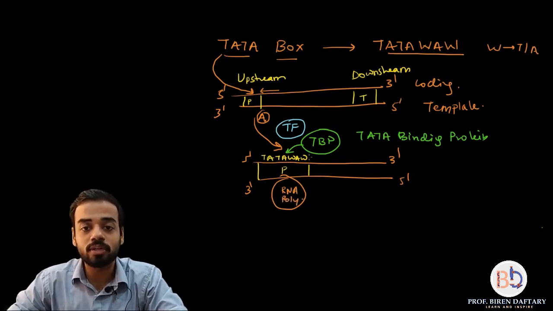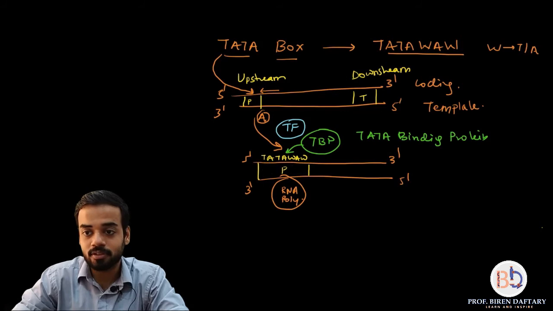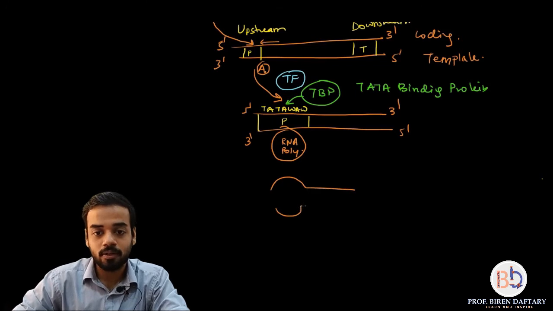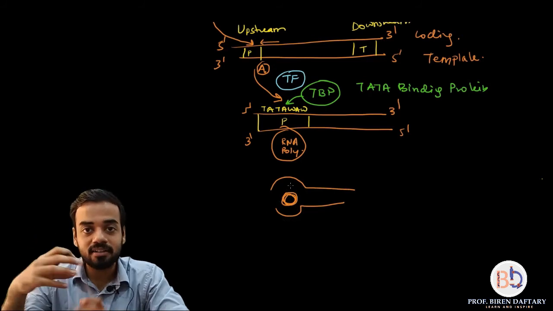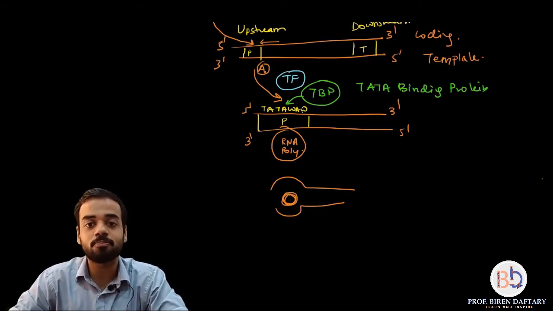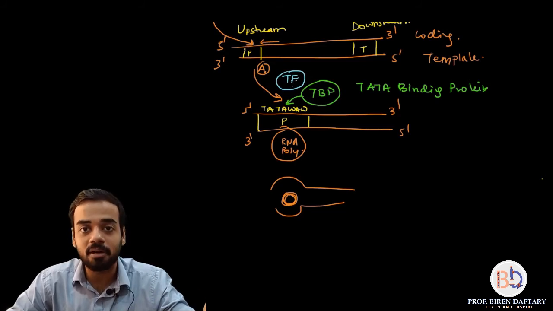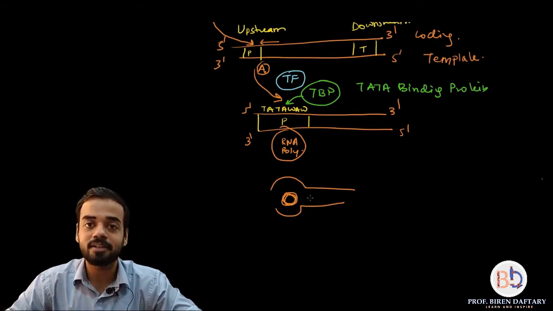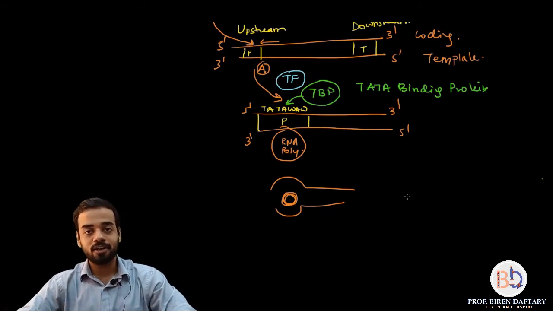All these together cause the unwinding of the strand, and you know what happens in transcription. The next thing that happens is that in that area the two strands separate and this loop is formed, and inside that loop is your RNA polymerase. That unwinding or separation of the strands is caused by TATA plus TATA binding protein plus transcription factor, which will be sigma if it is a bacteria, plus RNA polymerase. They cause this unwinding, and then the DNA dependent RNA polymerase will do the transcription. Is this clear? I hope the role of the TATA box is clear.